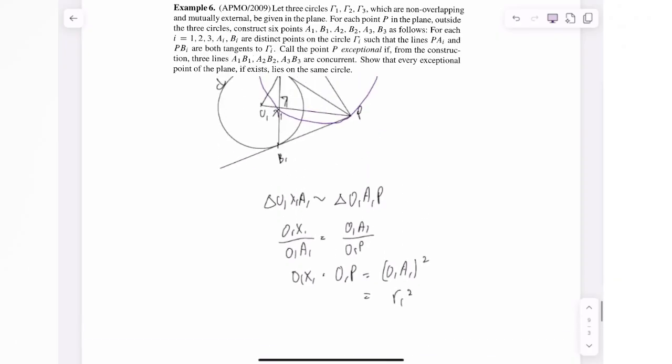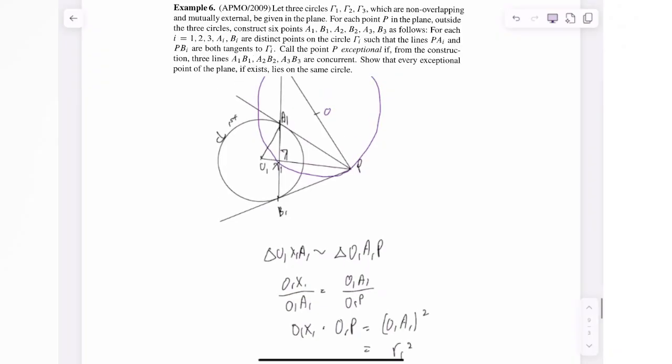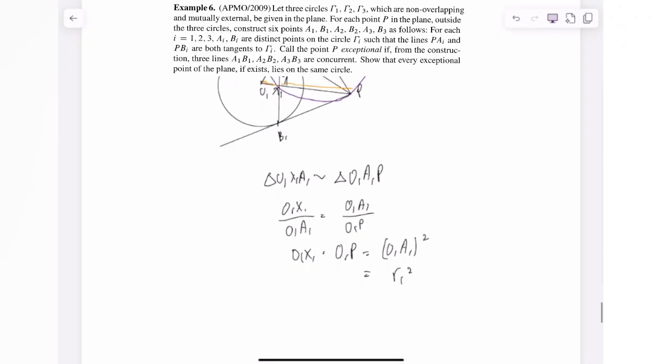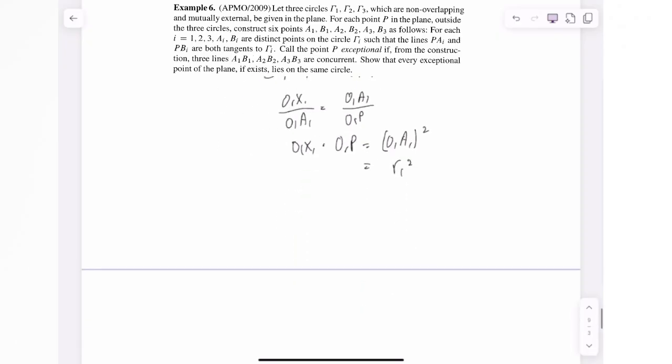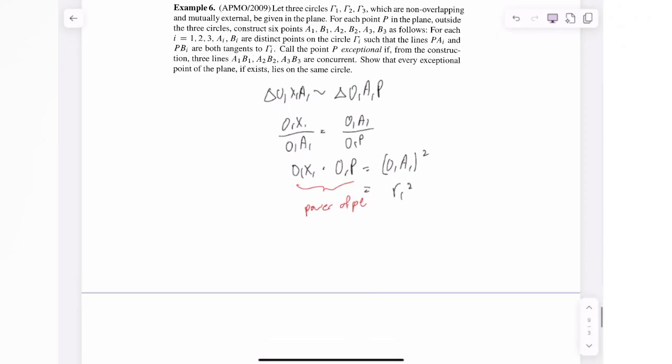Okay, so O1X1 and O1P, what do they mean? O1X1 is here. O1P is here. So if you realize, this is just the power of point O1